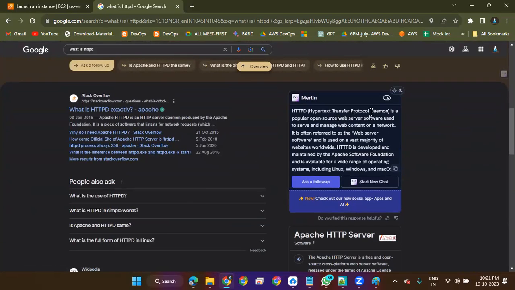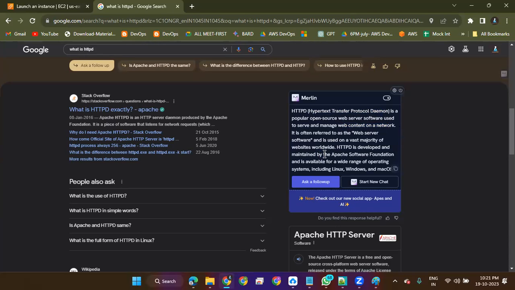So this daemon is going to serve and manage web content in the network. HTTP is only up to the protocol. This kind of daemon is also present in Docker, an advanced daemon, which shares the communication connections between the base operating system and the container operating system, and the Docker engine as well.